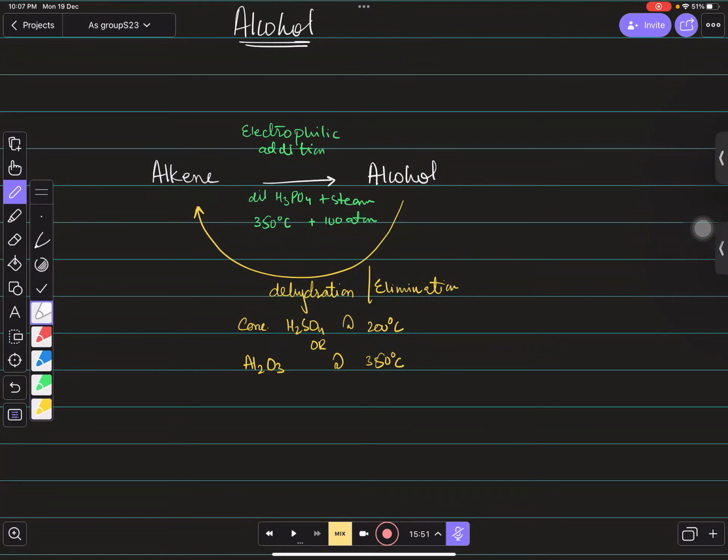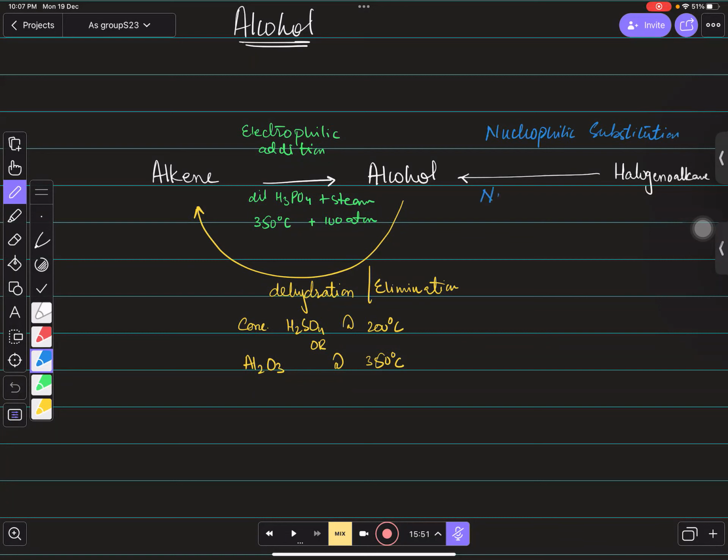Yes. Then, if you remember the last chapter, we also talked about the conversion of halogenoalkanes into alcohols, right? We also did this in the previous chapter. We can even convert halogenoalkanes into alcohol, and it was a nucleophilic substitution reaction. Nucleophilic substitution reaction, and for this type of reaction,